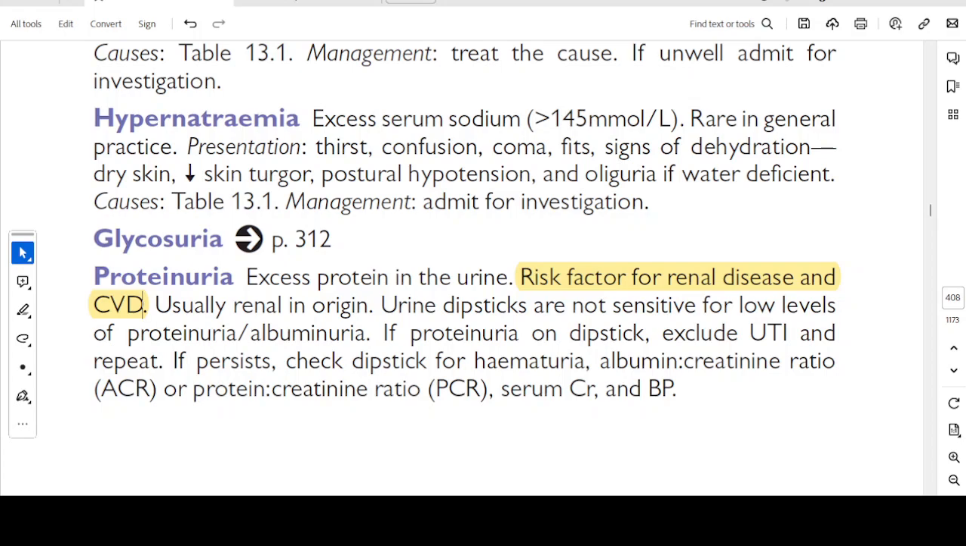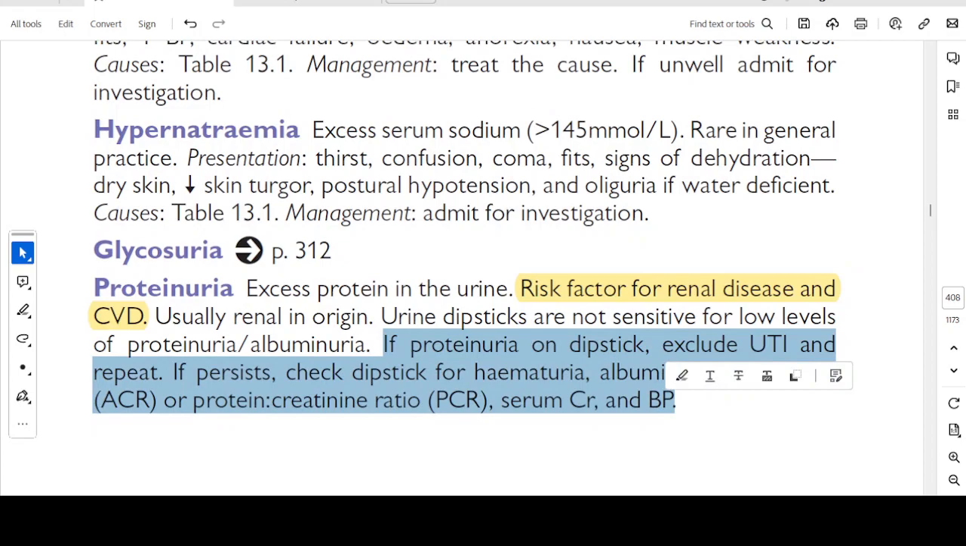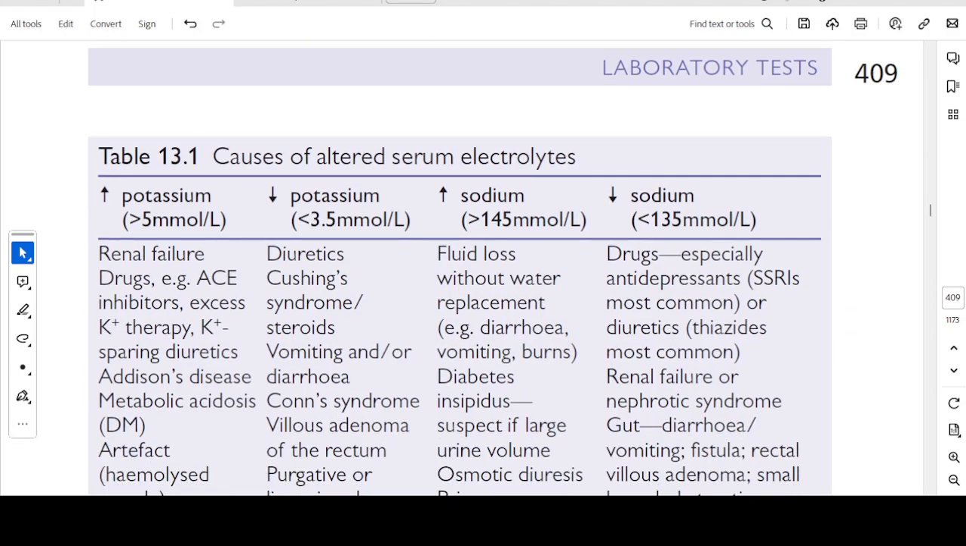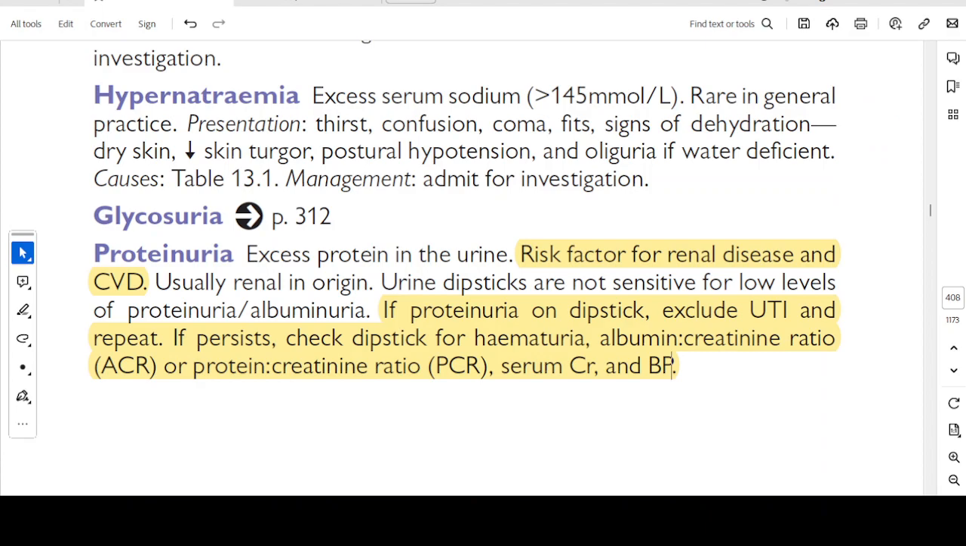Urine dipsticks are not sensitive for low levels of proteinuria or albuminuria. If proteinuria on dipstick, exclude a UTI and repeat the test. If there is persistent proteinuria, check the dipstick for hematuria, albumin creatinine ratio or protein creatinine ratio, and serum creatinine and blood pressure. So if there is proteinuria on dipstick, you need to first exclude a UTI, do a repeat test, and if there is still persistent proteinuria, then check for hematuria, albumin creatinine ratio, and serum